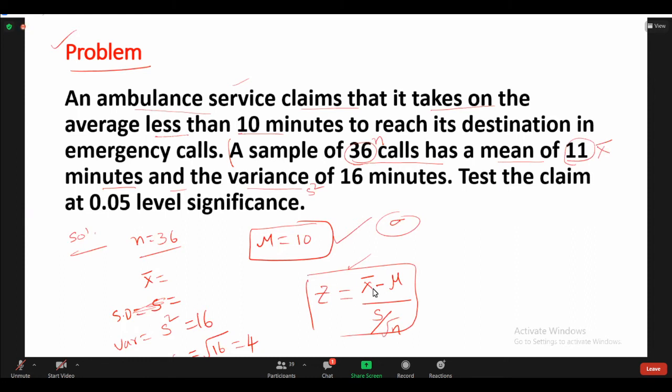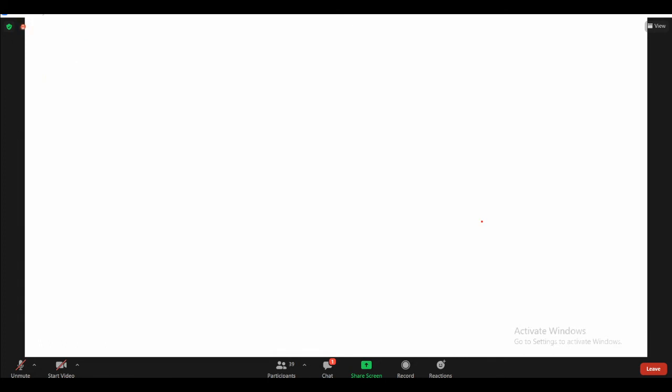Yes, all of you do it now. And this is an important question. 2 or 3 times they asked in external exam. Because in this one, maximum students will make mistakes when they are writing the alternative hypothesis. I hope all of you understood, right? Okay. Now tell me,